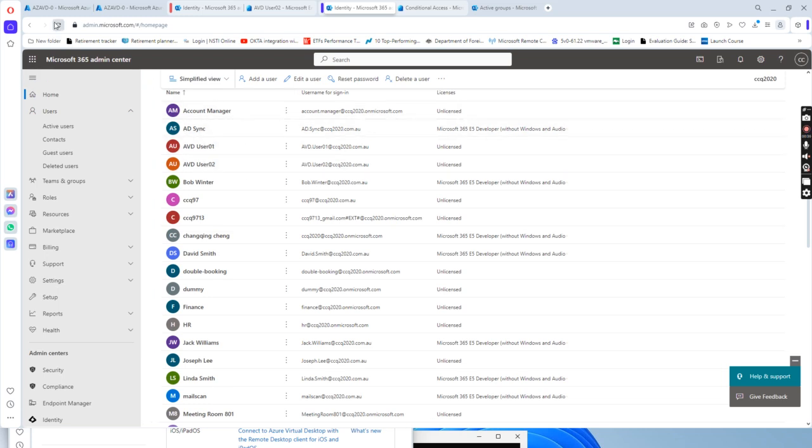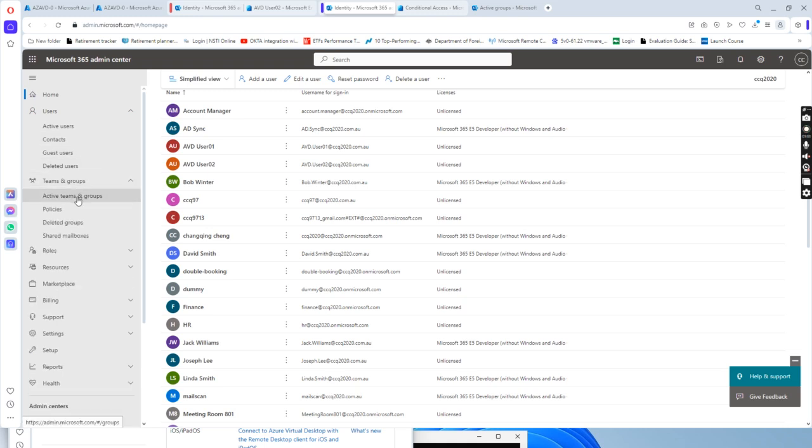The first thing I do is log into admin.microsoft.com and create two users. One user is avd.user01@ccq2020.com.au and the second one is avd.user02@ccq2020.com.au. After I create these two users, I go to the groups,